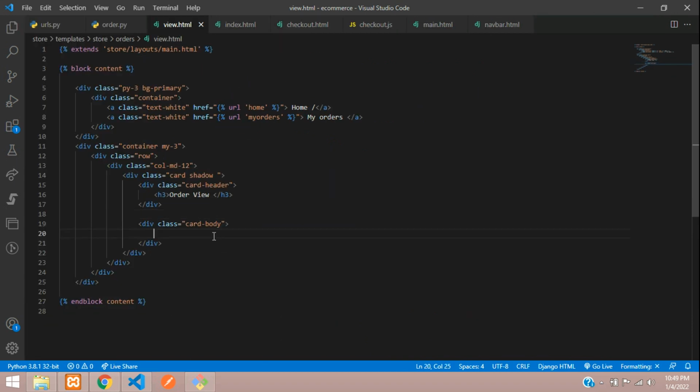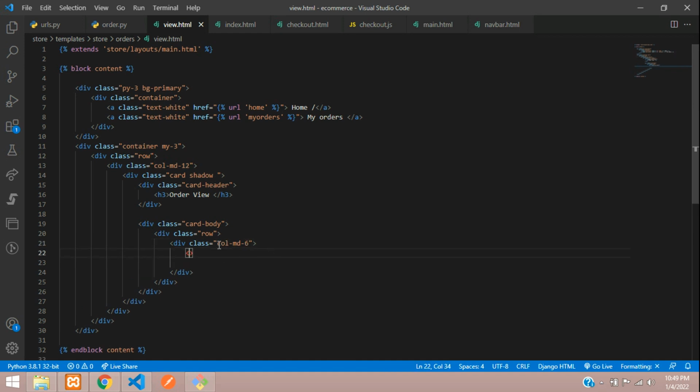So we'll divide the screen into two parts. This part will have the order data and this part will have the order items. So the shipping address and all, we are going to display it in the left side. So here we need a row. I'll just copy it from here. Copy and paste and close two divs over here. Just make this to column MD6. And here we're just going to H4, copy and paste, close that H4 tag. Say shipping details